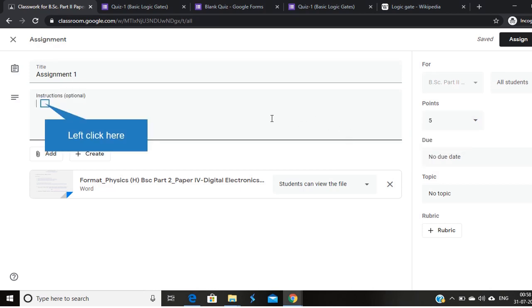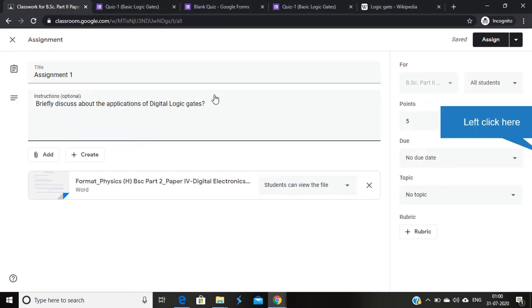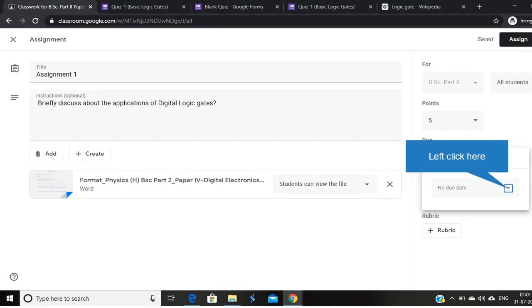Now I want to give some instruction to the students related to this assignment, so click on instruction. Set due date and time for the students.